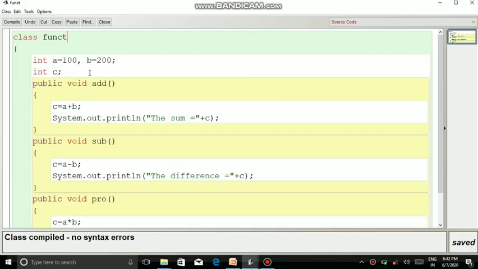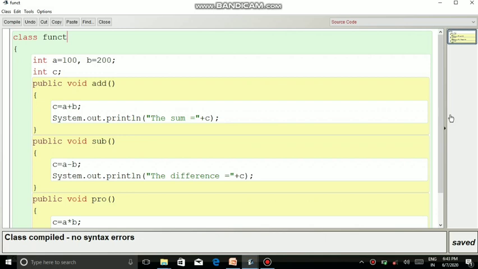Here is a small example for function. Class funct, int a is equal to 100, b is equal to 200, int c. The first function is public void add. It is to find out the addition of a and b. So c is equal to a plus b. System.out.println, the sum is equal to plus c.